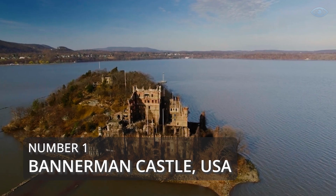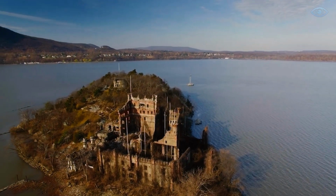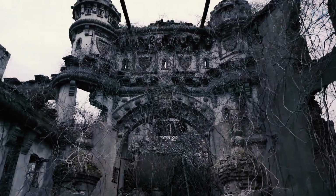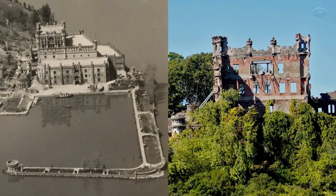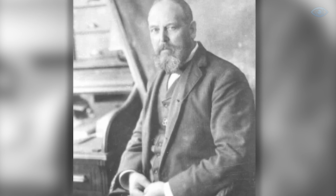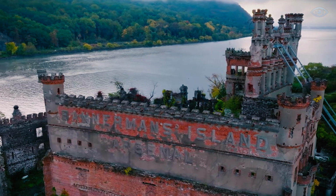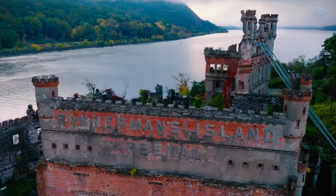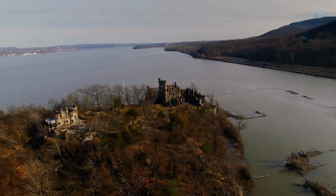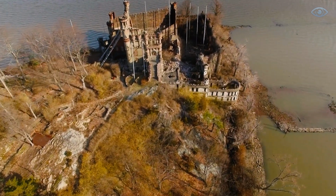The ruins of Bannerman Castle are the main attraction of the uninhabited Polypel Island on the Hudson River in New York State. The story of this structure began in 1900 when Francis Bannerman, a military surplus dealer, purchased Polypel Island. He used the land as storage for his growing business. Bannerman already had a warehouse in New York City, but it was insufficient, so in 1901 he began constructing an